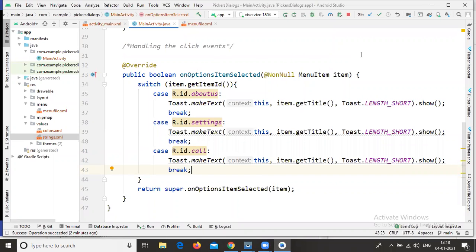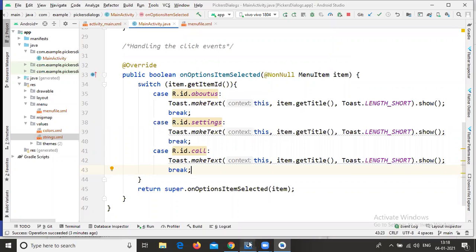We have so many kinds of data available: WhatsApp data, server data, user data, administration data. The data is different based on the requirement, and it keeps changing. Okay, so this is all about the option menus.